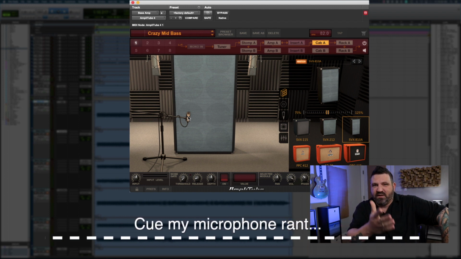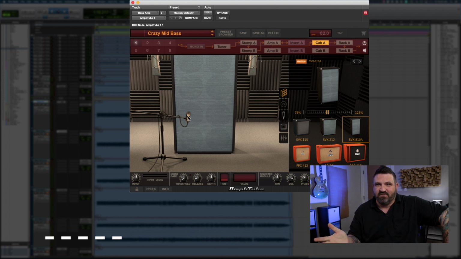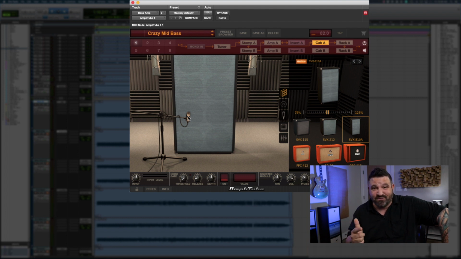They tend to have a big scoop in the mids, and that's exactly what I don't want when I'm miking the bass cab. So 57, Sennheiser 421, 441, RE20, those are the kind of mics that I'll typically use. And the 441 just happens to be one of my favorite bass drum mics, as well as one of my favorite kick drum mics. That's a whole other story. This thing is really, really awesome. It is great for vocals. It is great for bass, guitar, you name it. It's just a really nice, smooth mic. Anyways,